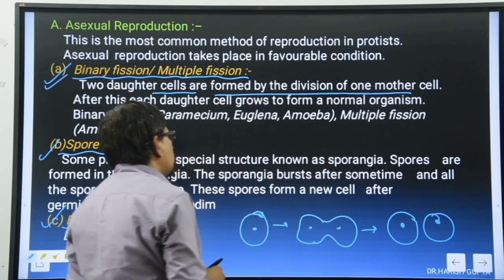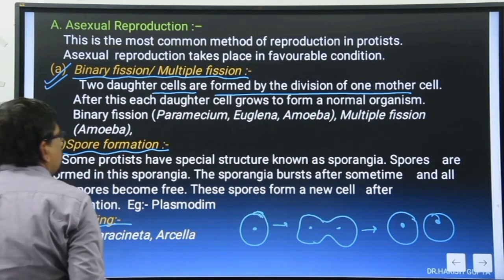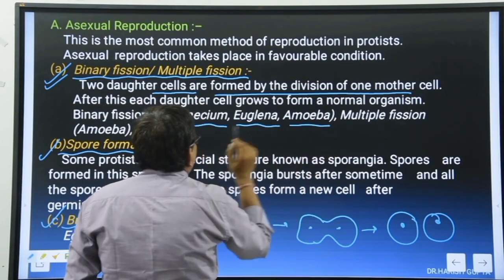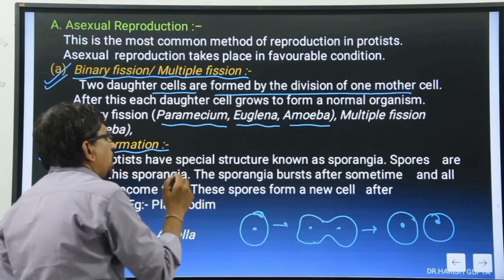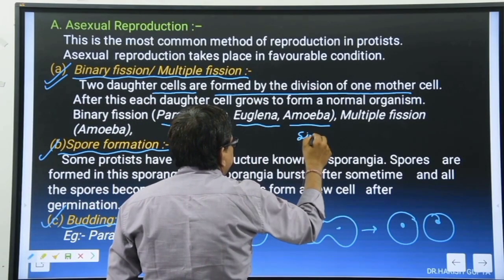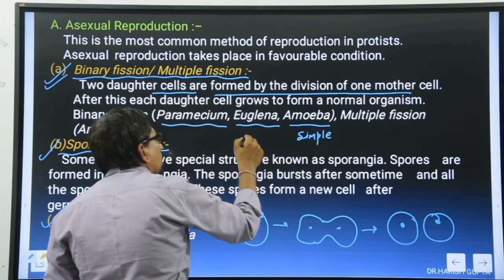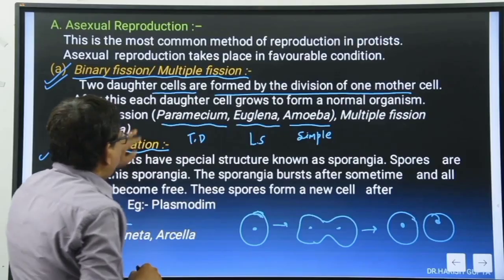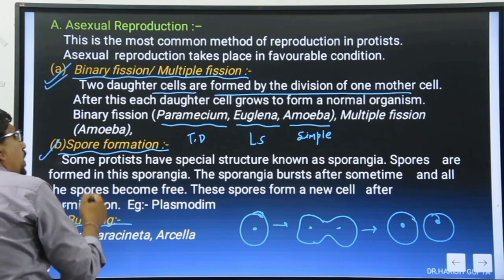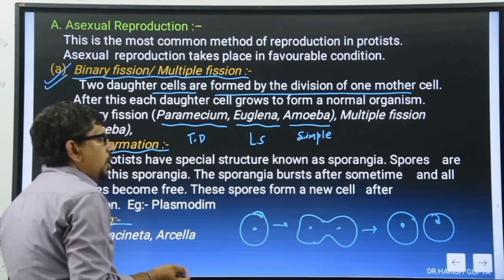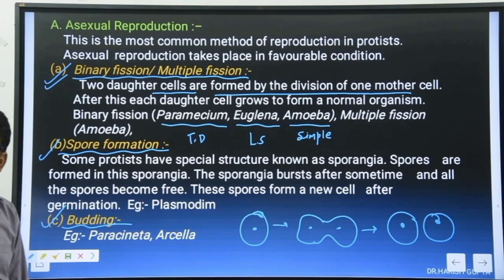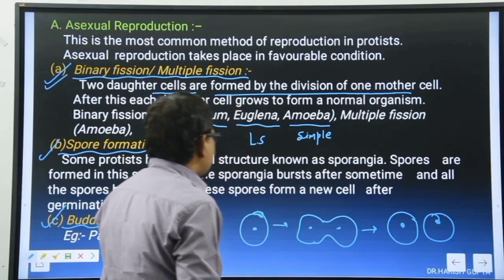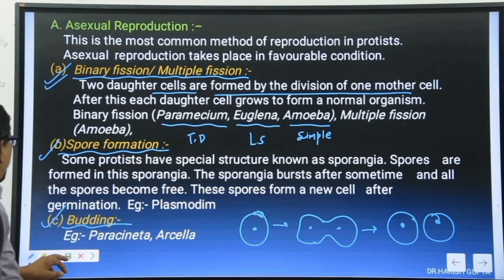Here, this is known as the binary fission. And the binary fission again has two types, the longitudinal and the transverse. Here, there are three members we had discussed earlier. In amoeba, the simple type. In Euglena, longitudinal, and in transverse. Clear? We had discussed earlier. In multiple fission in amoeba, at the unfavorable conditions. Generally, the binary fission is present in the favorable condition, but multiple fission is present in the unfavorable conditions. Clear? Example is amoeba.